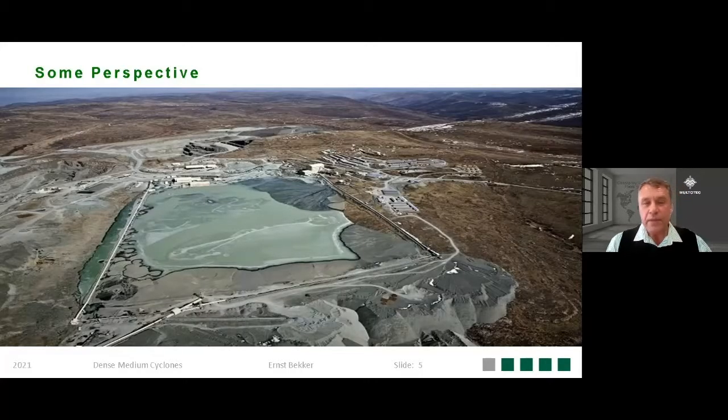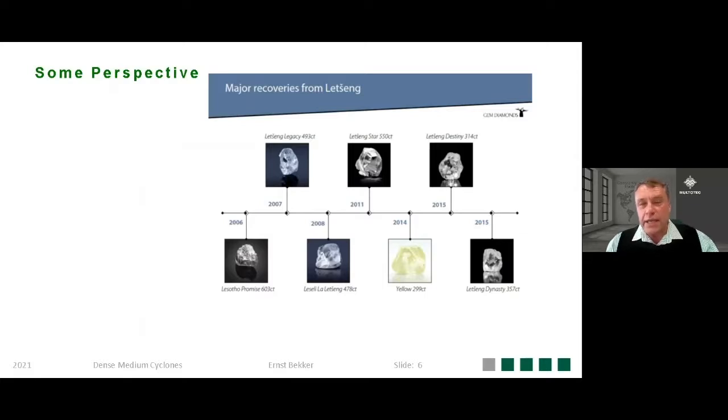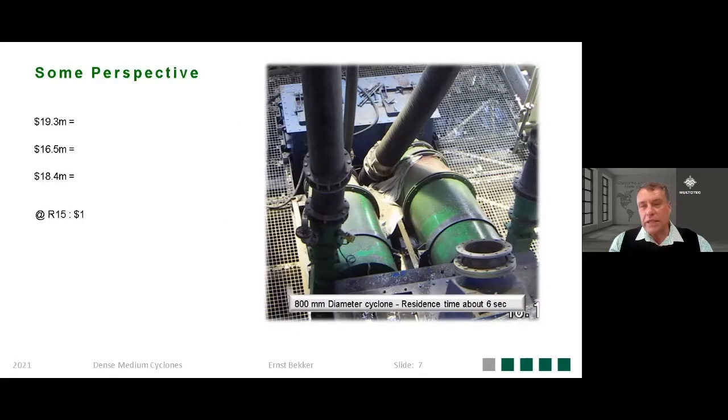Another example. This is Letseng mine in Lesotho. It's renowned for the high quality diamonds that are produced. These are some of the diamonds known to the public that I could find, and these were some of the values that are published. So that's what these diamonds were sold for. Now, it is being processed through this dense media cyclone. This was on a maintenance day. That's why it's looking a bit